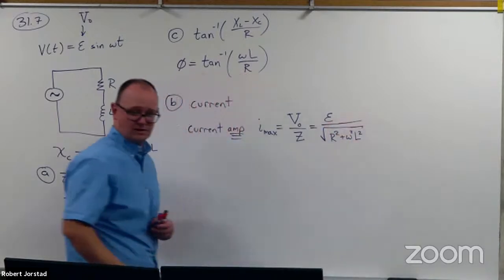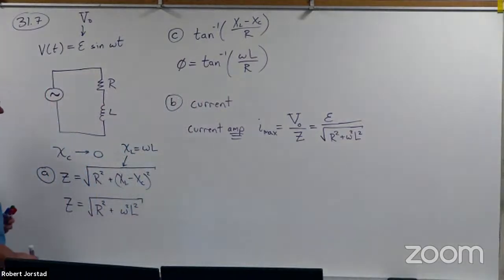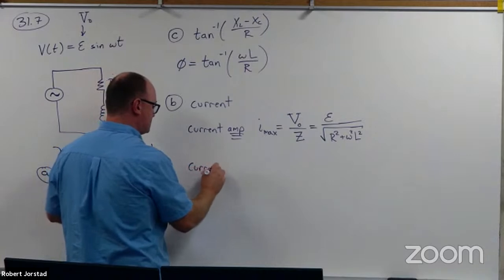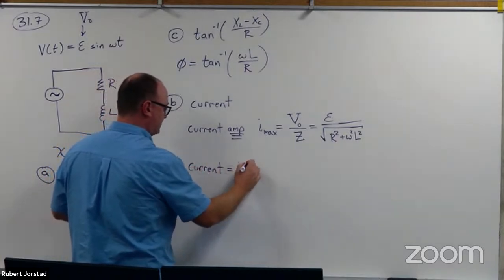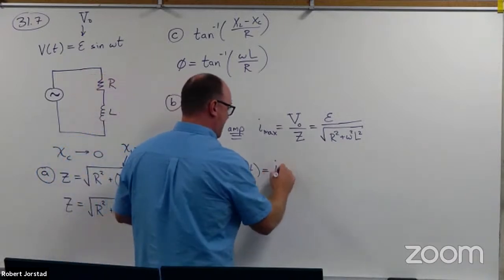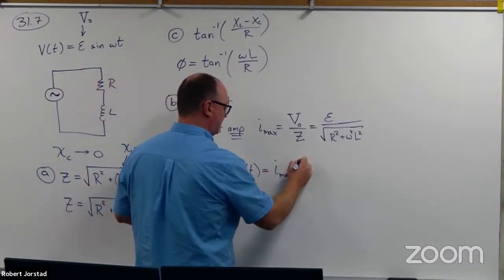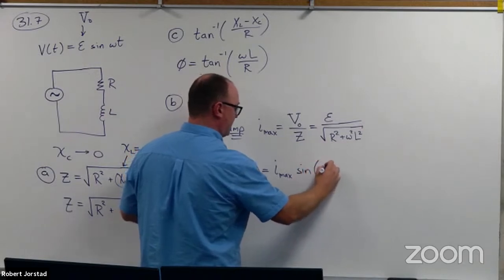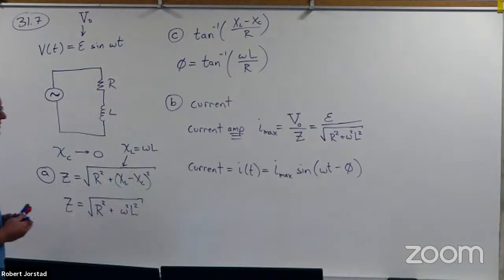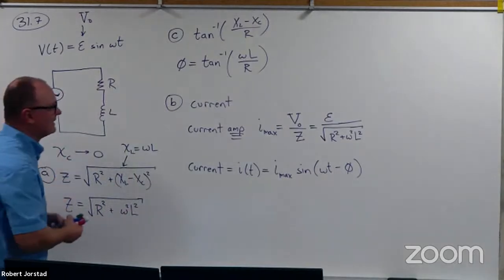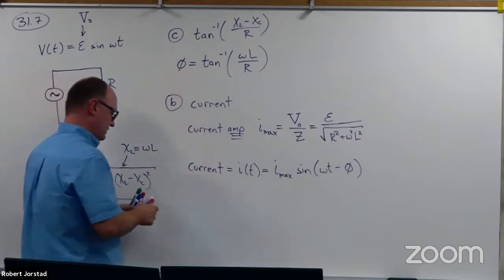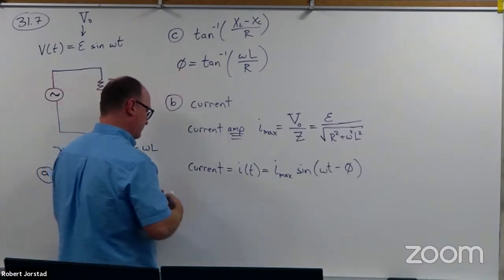All right, so far so good. Well, current as a function of time is going to equal I max times sine of omega t minus the phase angle. And since we need the phase angle to understand current as a function of time, I figured I'd do that part first. So in this case, out of all that, we get